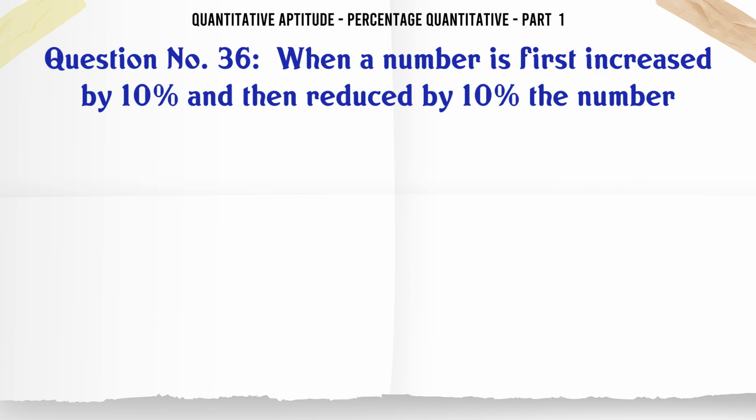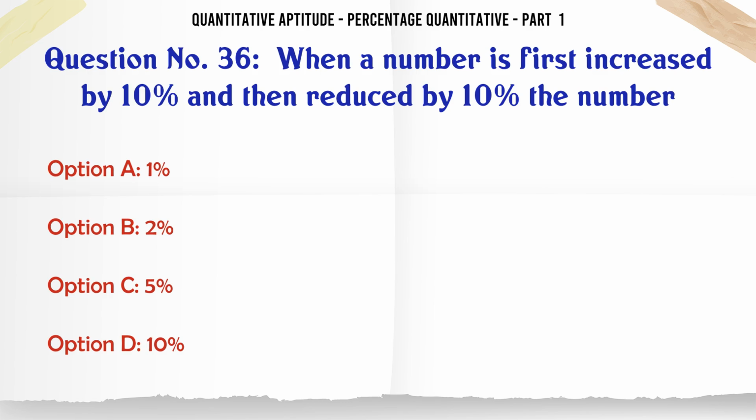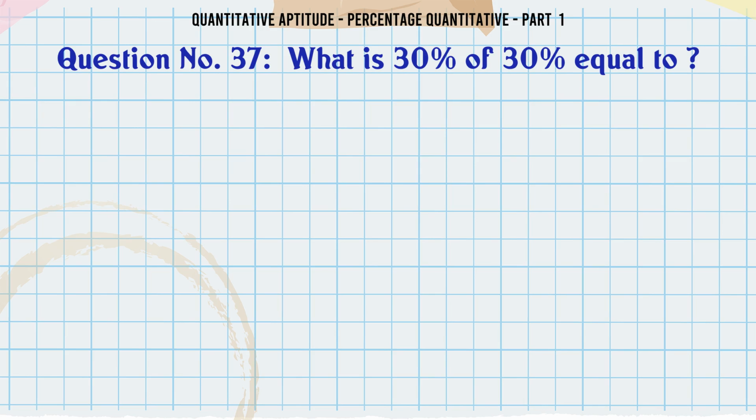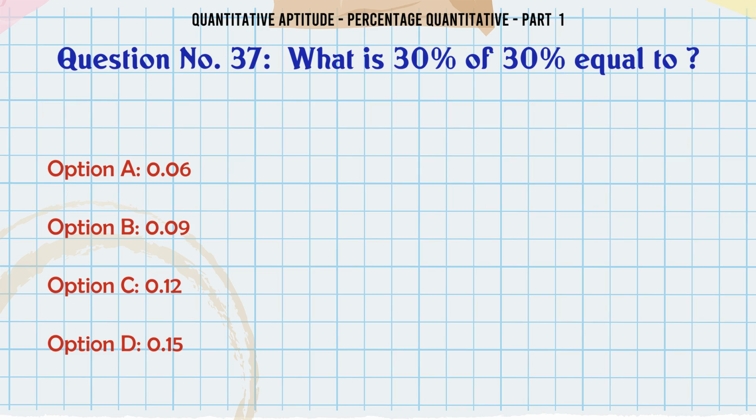When a number is first increased by 10% and then reduced by 10%, the number decreases by A. 1%, B. 2%, C. 5%, D. 10%. The correct answer is 1%. What is 30% of 30% equal to? A. 0.06, B. 0.09, C. 0.12, D. 0.15. The correct answer is